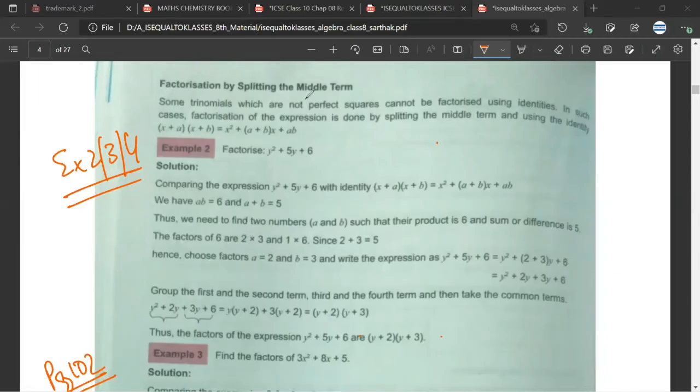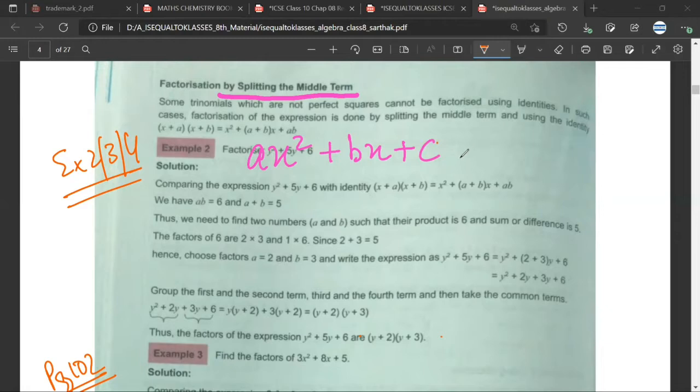So Mr. Sarthak, see, this is called factorization by splitting the middle term. Now before we understand what is splitting the middle term, let us understand what is the standard form of a quadratic equation. So this is the standard form of a quadratic equation. What is a quadratic equation? A quadratic equation